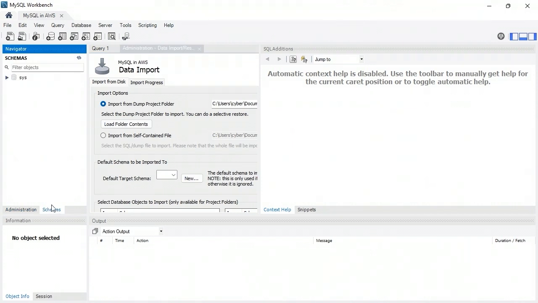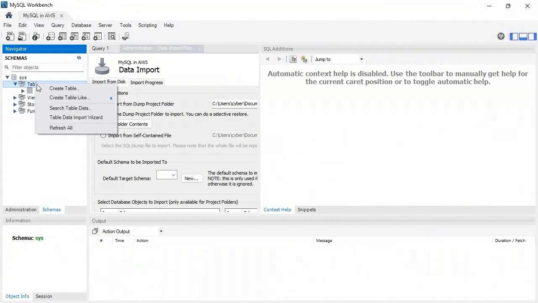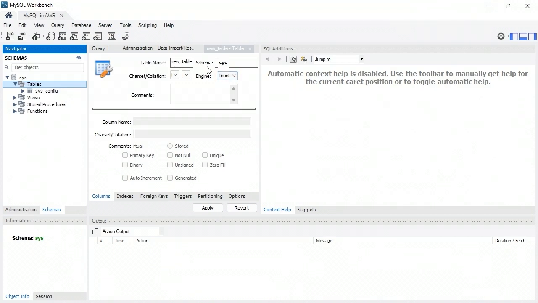If I click schemas, I can view some database schema details, and I can go down into tables, where I could even right-click on table and choose create table, and from there start defining my table definition and its columns. Same thing goes for views, stored procedures, and custom functions. Of course, you can also use the toolbar buttons at the top, such as to create a new table, or to create a new view, or to create a stored procedure, whatever the case is within the database that